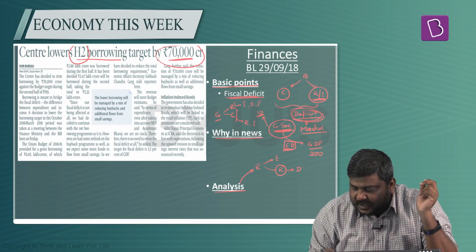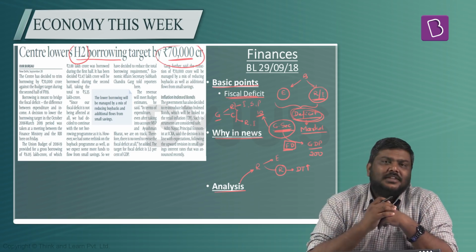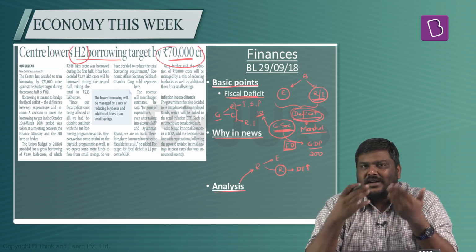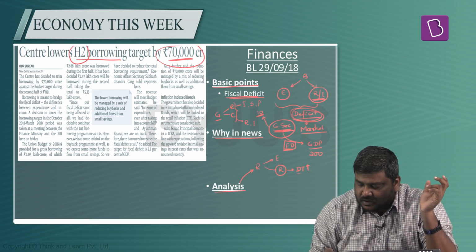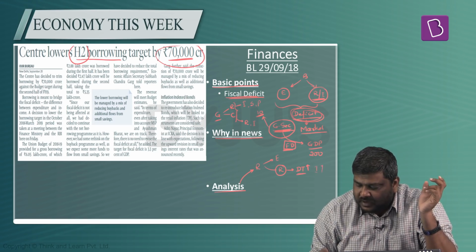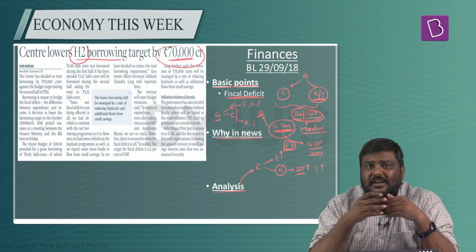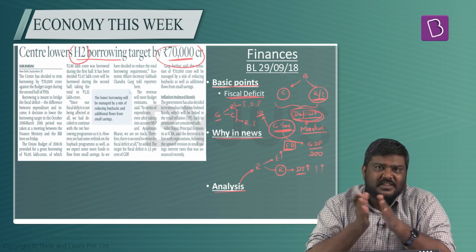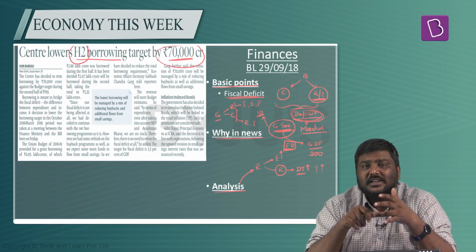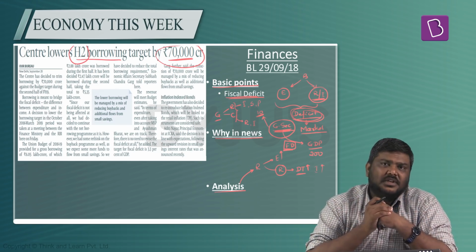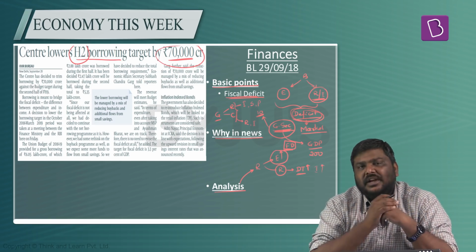Now, in this context, the Government of India says that on one side, the receipts in the form of direct taxes have increased. In the period from April to August, the Government of India has collected more direct tax receipts than the estimates. So, in simple terms, the receipts or the incomes of the Government of India have increased on this side. Whereas on the other side, although there is a worry or a concern by various experts that the subsidy in the form of kerosene as well as LPG will overshoot the estimations, the Government of India said that they will be able to control the expenditure.